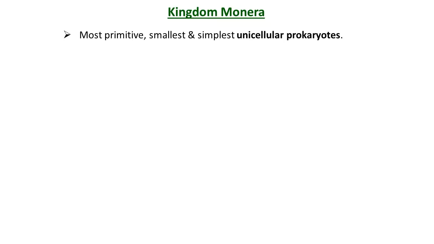As the name indicates, unicellular means only one-celled organisms. They were taken out from the kingdom Plantae or Animalia, because formerly the two scientists, Linnaeus and Aristotle, kept all bacteria in the kingdom Plantae. So from the kingdom Plantae, the organisms which are unicellular and don't have a well-defined nucleus were taken out and kept in the kingdom Monera, a separate group given to the prokaryotes.